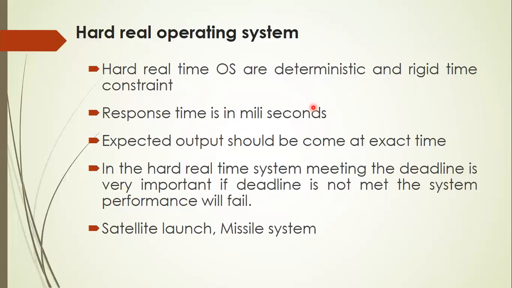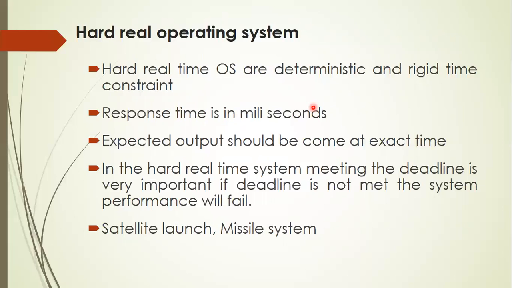In the hard real-time operating system, the deadline is fixed and all your computation should be finished within the deadline. Otherwise, the system performance is completely wasted. We say that the system miserably fails. Some of the areas where a hard real-time operating system is useful are satellite applications and missile systems. In a satellite application, your launching station has fixed everything and they estimate the escape velocity. They have all the calculations. What is the escape velocity of that?